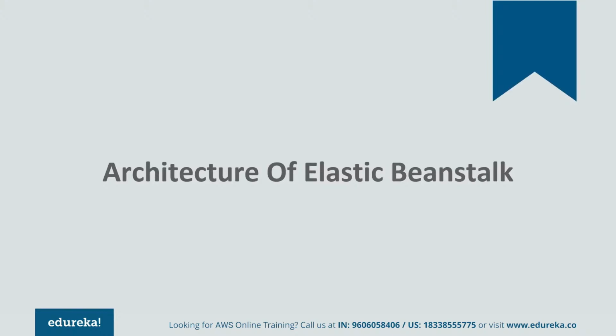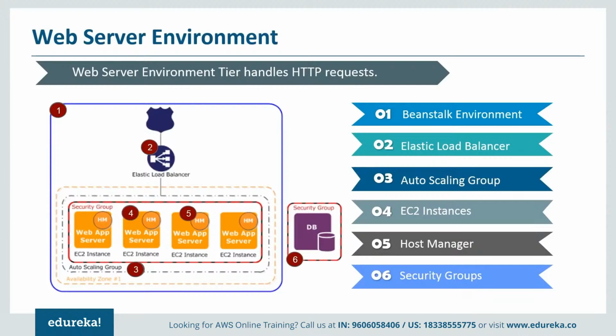Moving on, let's try to understand the architecture of Elastic Beanstalk. Like I said earlier, when you try to launch an Elastic Beanstalk environment, Beanstalk asks you to choose among two different environment tiers. Firstly, we have web server environment. Web server environment usually handles HTTP requests from clients, and it has different components. Firstly, we have something called environment. You know what environment is? It's a place where we actually run your application, and Beanstalk provides you with an option where you can create multiple environments. And the main point is, at a point of time, this particular environment can run only one version